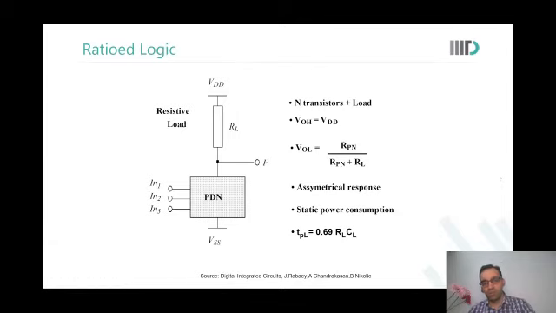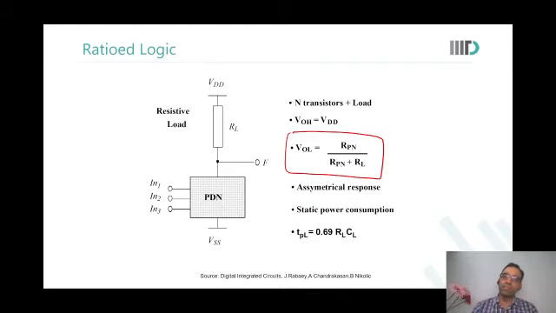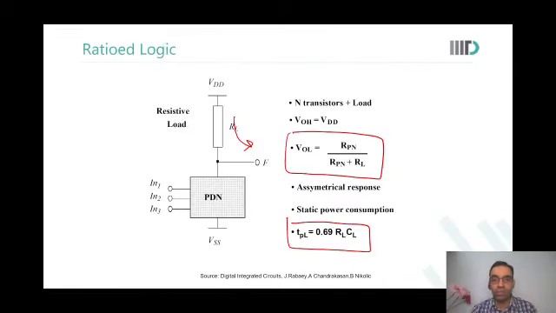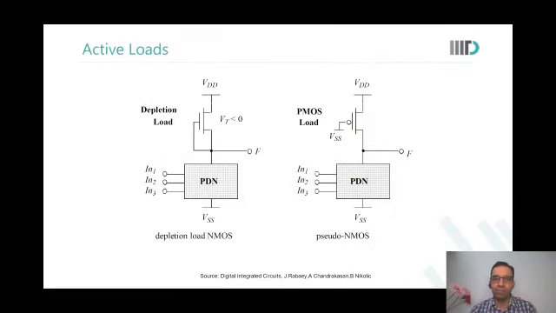One thing we already discussed is that the noise margin would degrade. The low voltage will not be zero. Low voltage will be in the ratio of the resistance of the pull down network upon the resistance of the pull down network plus RL. And the propagation delay, in the case of rising, will also be dependent on RL. So if you make a very large resistance, then the rise time will be very, very large. So this is not really a good way to design, but we save lots of area. So we may want to design it somewhere in between.